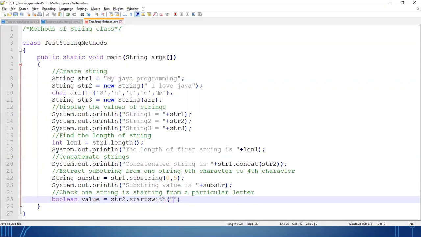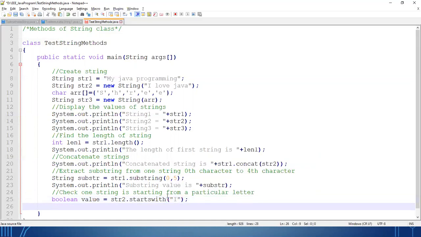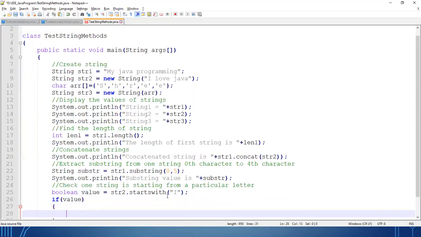So my string is now starting with something. So suppose I am starting with I. Okay, suppose I have given that I. Done. So what I'll write? If true is returned, that means yes, it is starting from I. If it is returning false, that means it is not starting from I. So I'll put the condition here. If value means if true, then I'll put a message